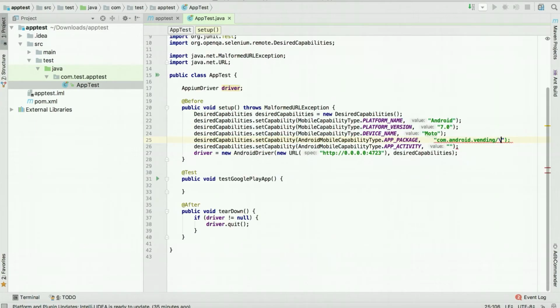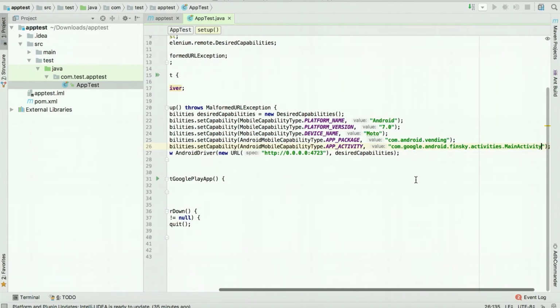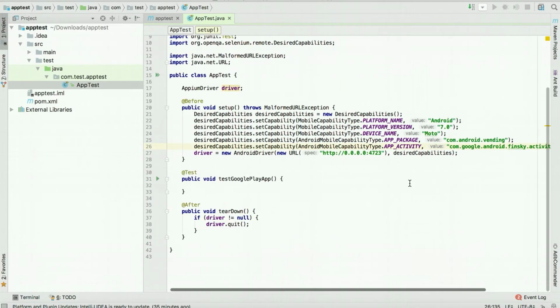I will take the activity name and put it down. So anything else? Yeah, that's it. So platform name, platform version, device name, app package, and then app activity, and the desired capability. Yeah, URL. Okay. So for the URL I need to put the WebDriver WD